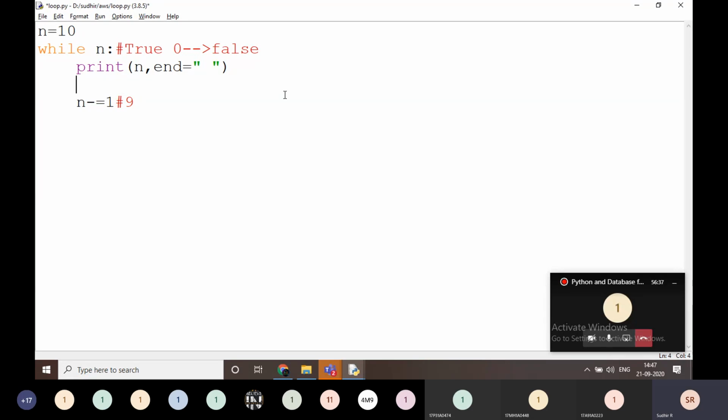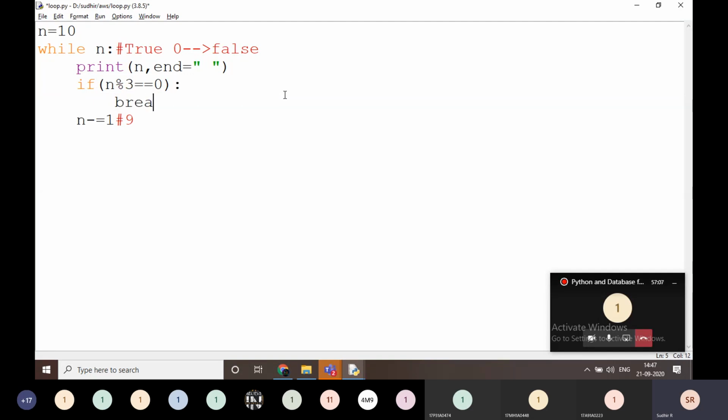In any loop, we can write break and continue, in a for loop or while loop, no doubt. But don't use break and continue normally. Every time we have to use break or continue inside a condition. For example, I'm going to write here: if n mod 3 is equal to 0.